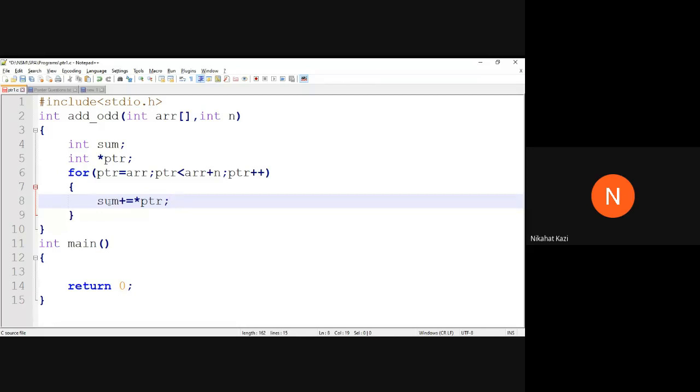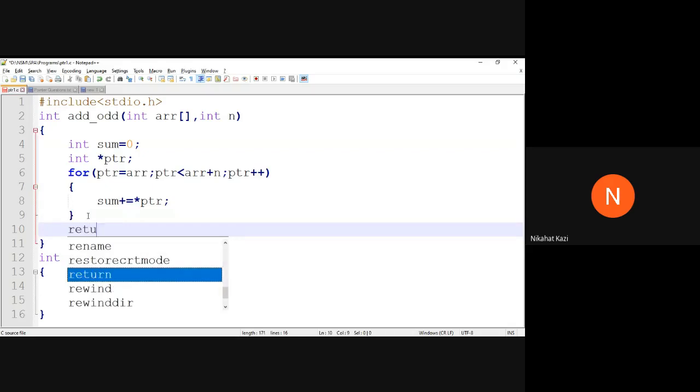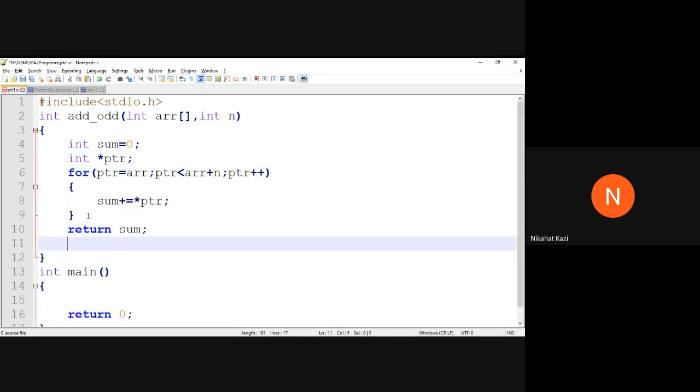That will give you the answer in sum. But before that, sum is equal to 0 initially. At the end of this function, we will return sum, so your answer will be in sum.